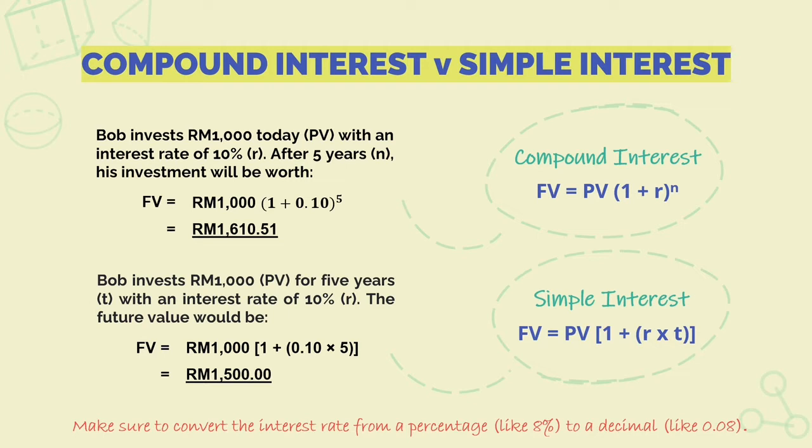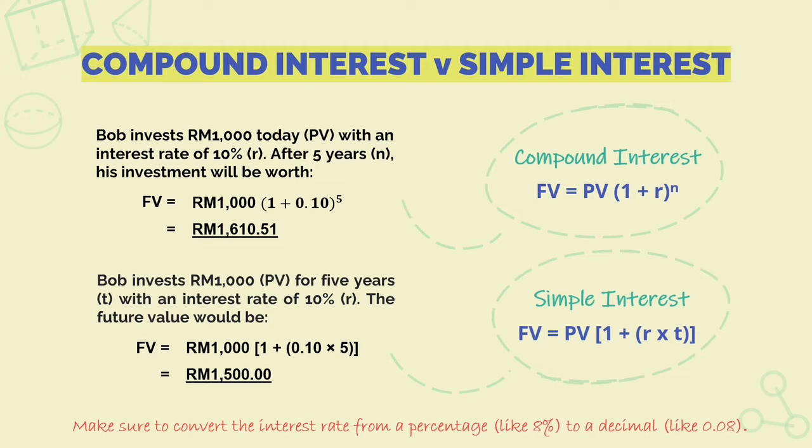However, with simple interest, an investment accrues interest based solely on the initial investment amount. The interest that adds up as the years pass comes from only your principal amount, not the interest earned on that principal. So let's say Bob invests RM1000 for 5 years with an interest rate of 10%. The future value would be FV is equal to 1000 times 1 plus 0.1 multiplied by 5,